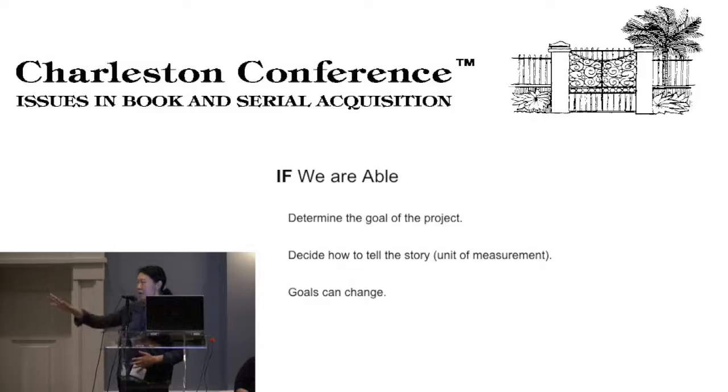So I put "if we are able," because I know everyone is in a different situation. Some people have autonomy to make decisions about their resources, and some people don't. Some people are getting their marching orders from an administration, and other people have enough trust in their institution, or have the trust of their institution or their library, to decide what they want to do. So if, capital letters, big block, bold, if we are able, we can try to determine the goal of the